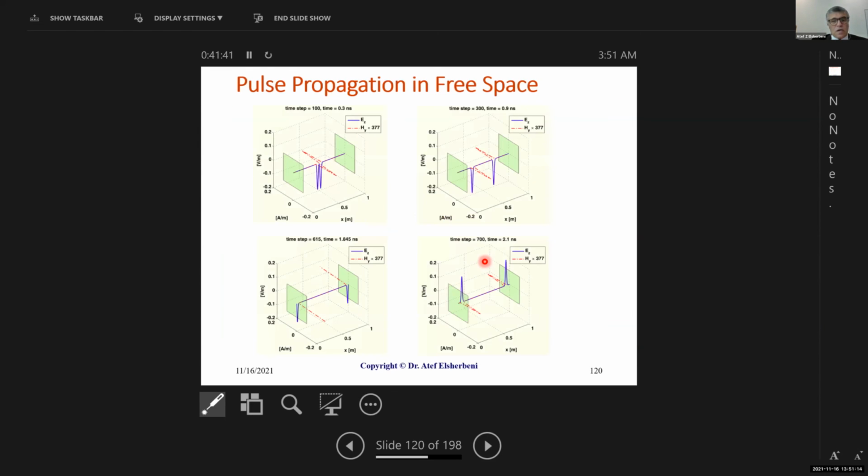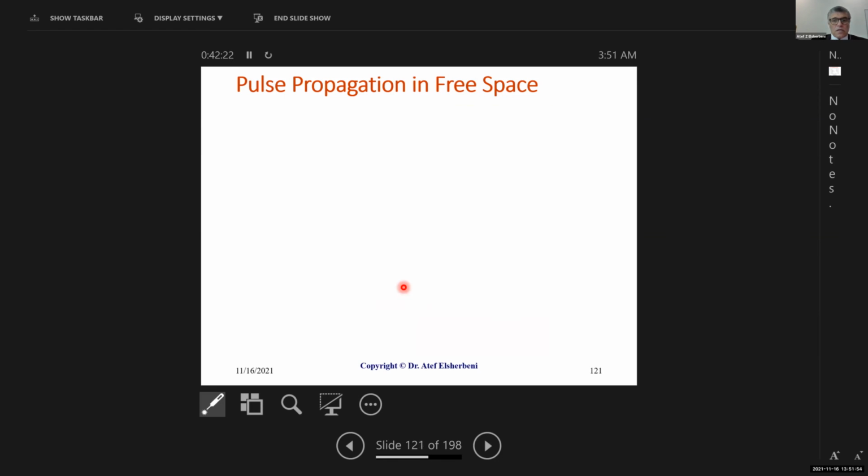In terms of visualization, finite difference time domain is very, very good in visualizing field, how it acts. And this is a very nice feature to be able to examine your solution and know if you are doing the solution right or not. For example, here I have a pulse in the middle of free space bounded by 2 perfect electric conductors propagating in both directions. And after 300 time steps, at 615 time steps, the pulse started to reflect from the PEC. You can see the electric field reverse polarization, and the magnetic field did not reverse polarization because of the reflection coefficient of a PEC. To represent this in